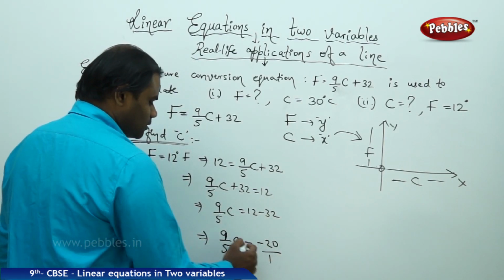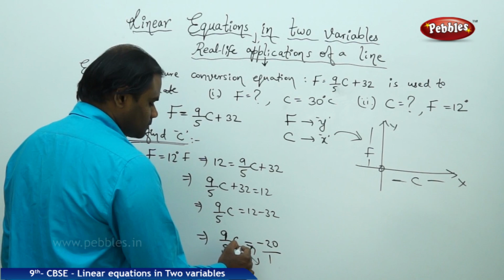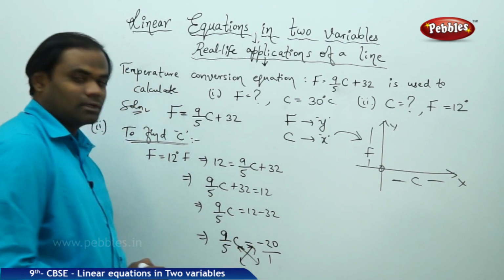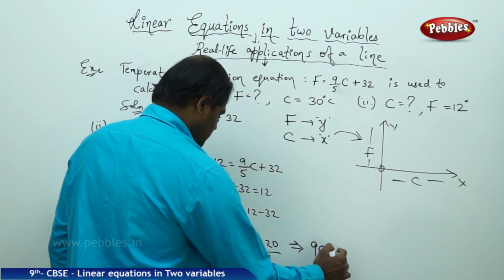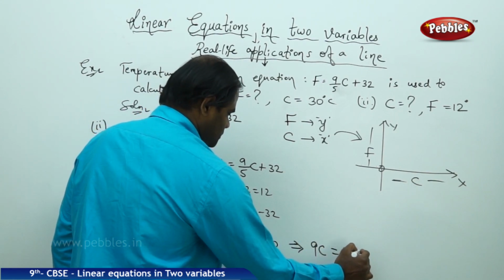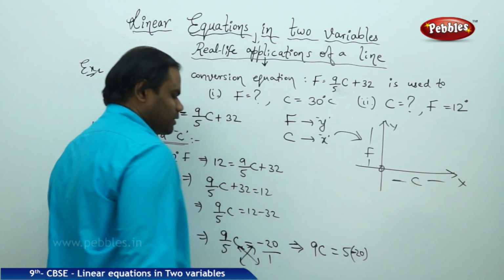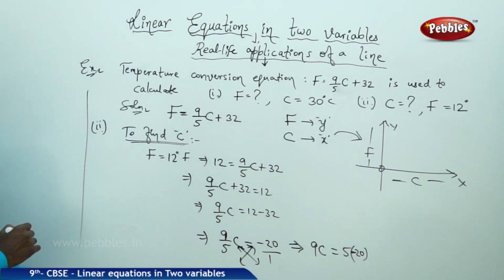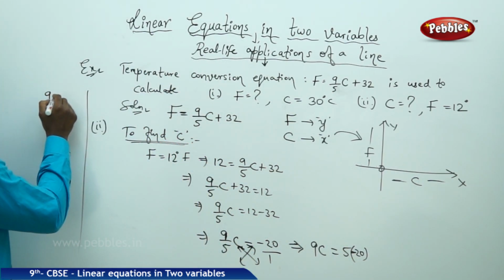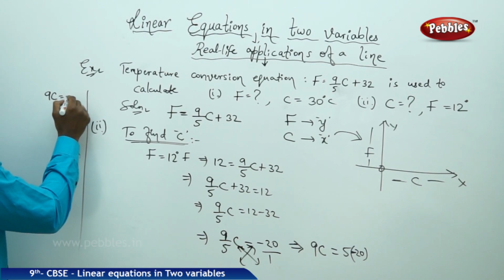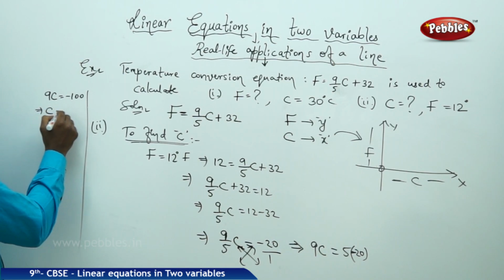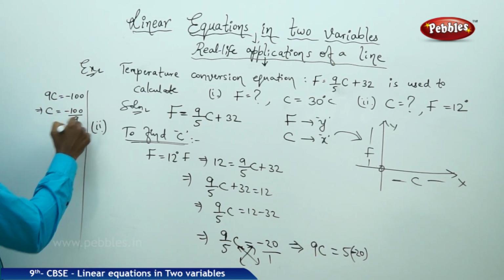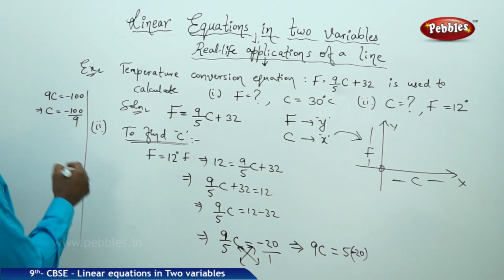And then on cross multiplication gives us 9C is 5 times minus 20, which on further simplification gives us 9C is minus 100. That implies C is negative 100 by 9, which approximately